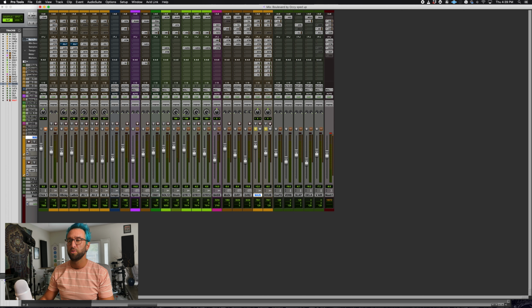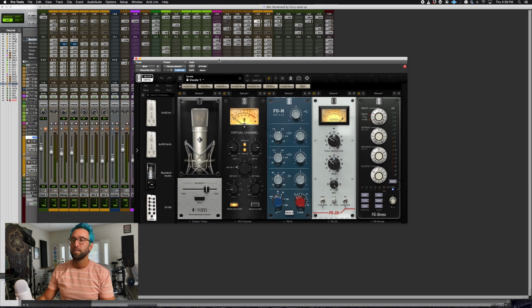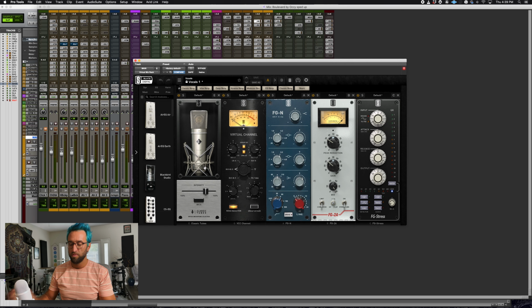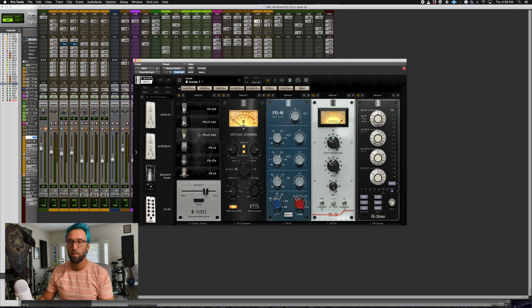Now let's get into my vocal chain breakdown here. Slate Digital plugins. I use the Slate Digital mic, which is a very neutral mic, and then you can apply all these mic emulators on it. There's a laundry list of mics you can put on here. I tend to use this one sometimes. It doesn't really matter. There's kind of different subtleties,